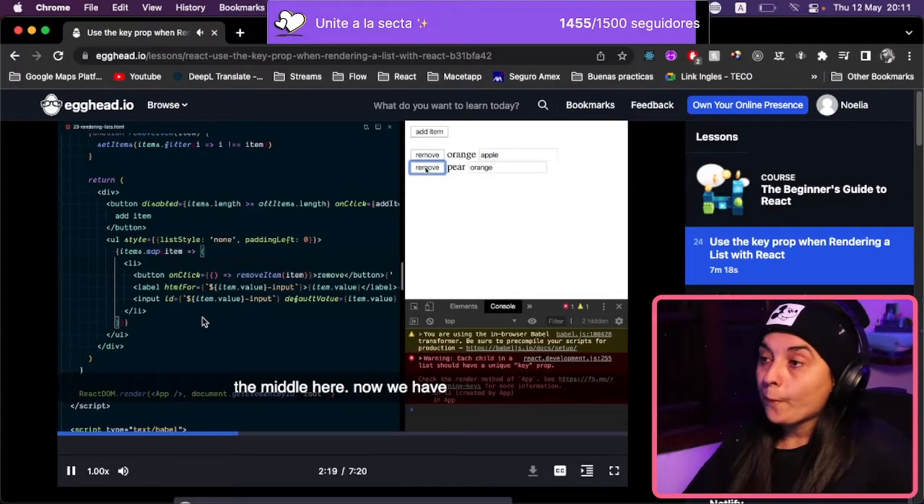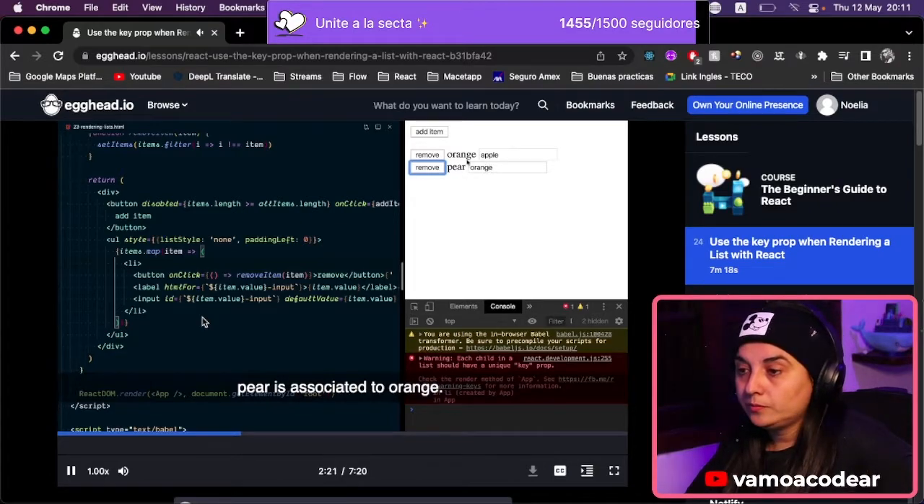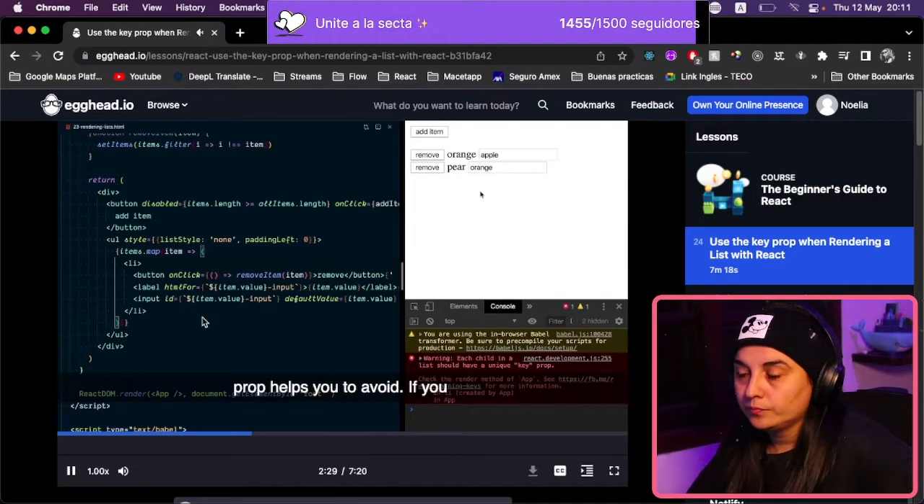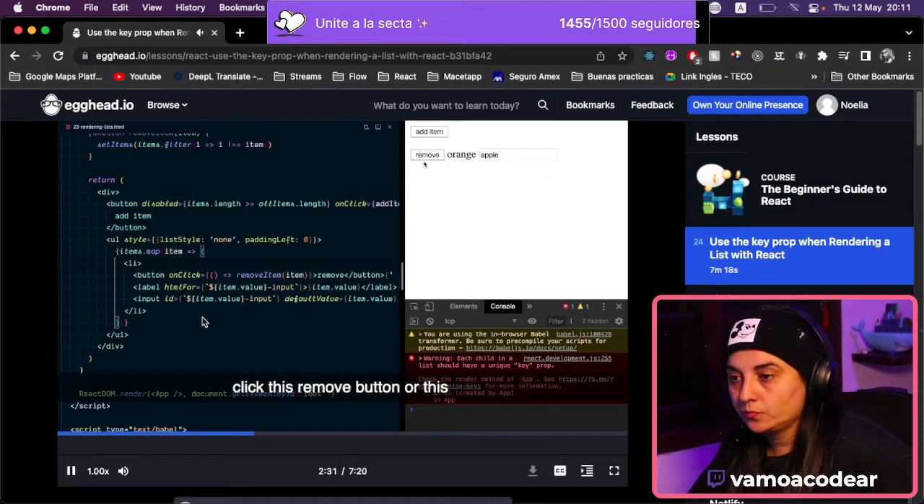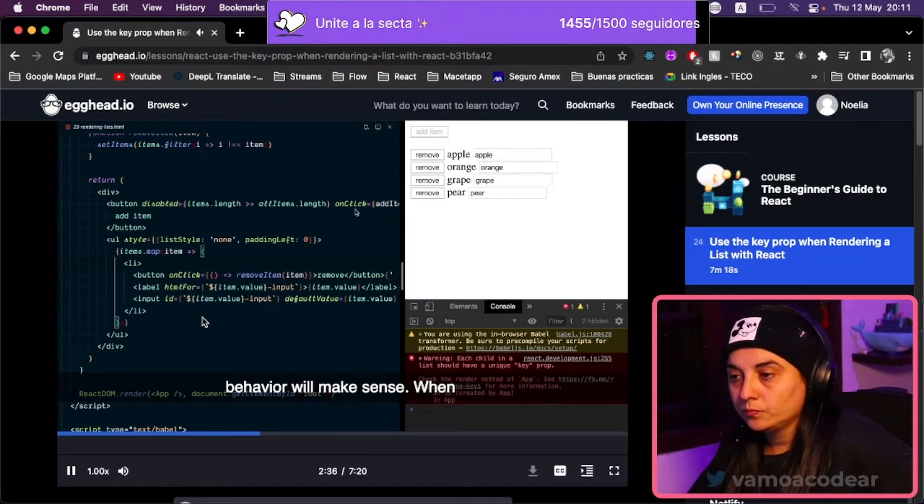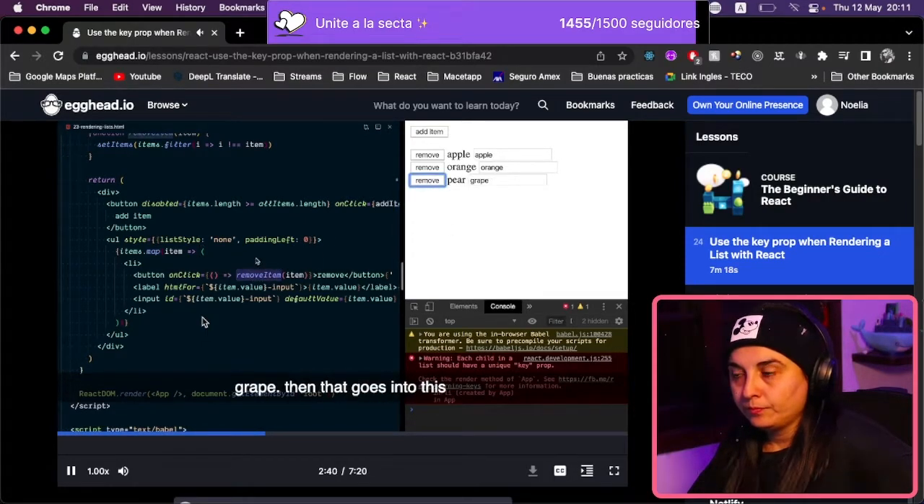So that's kind of interesting. If I remove from the middle here, now we have pears associated to orange and orange is associated to apple. Things are all kinds of messed up. And this is the bug that the key prop helps you to avoid. If you consider what happens when we click this remove button or this add button, then this strange behavior will make sense. When we click on remove item, for example, if we try to remove the grape, then that goes